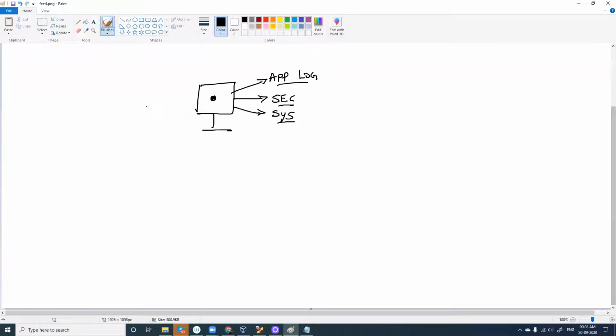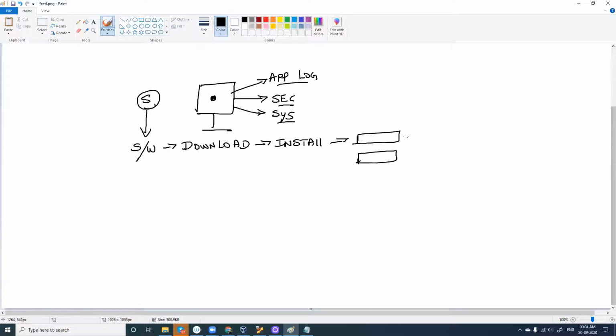So what can happen if I install Splunk? Splunk is a software which you have to download from the Google Drive that we have shared. Download this software, and after downloading, install it. Installation is a very simple process. It will ask you next, next, next. During installation, it will ask you for a username and password. You can give any username, you can give any password. The password should be 8 characters long. Assign the username and password, and then complete the installation process.